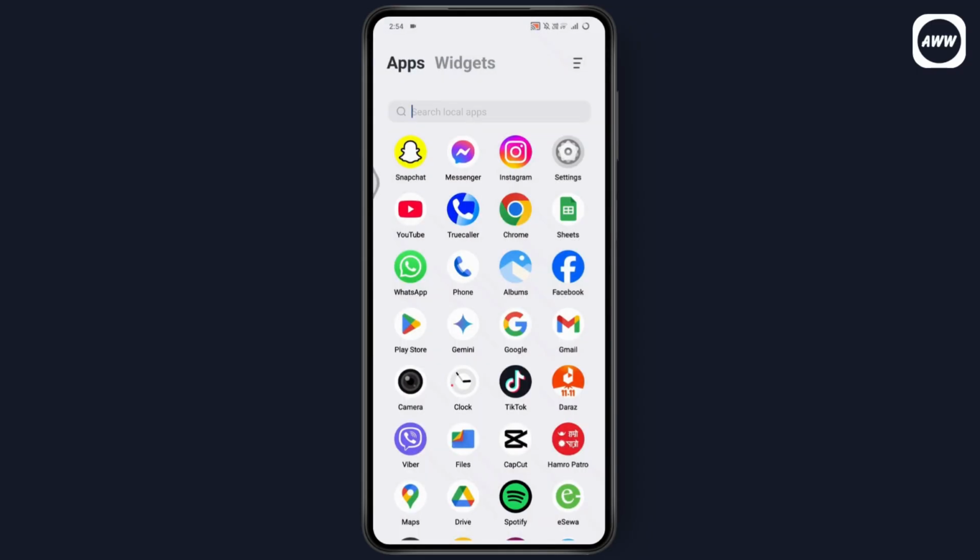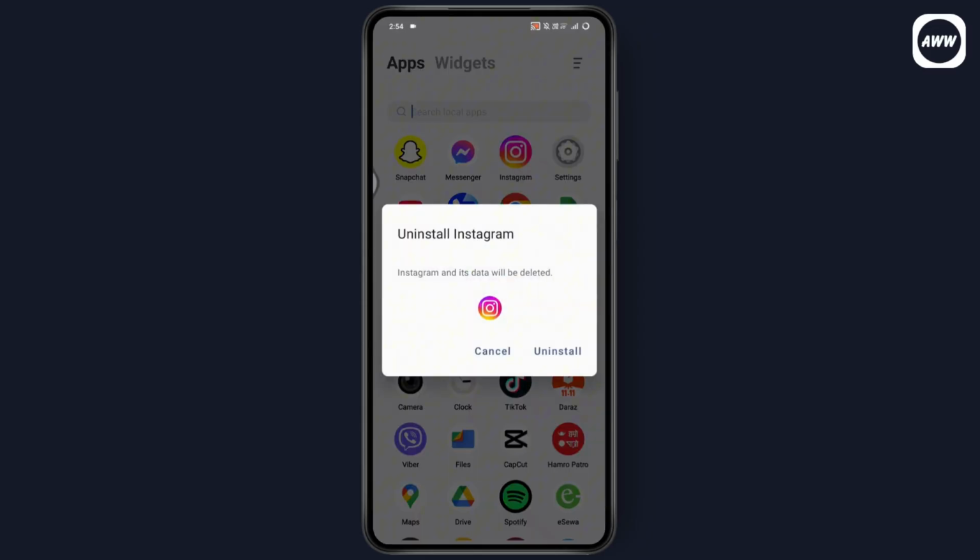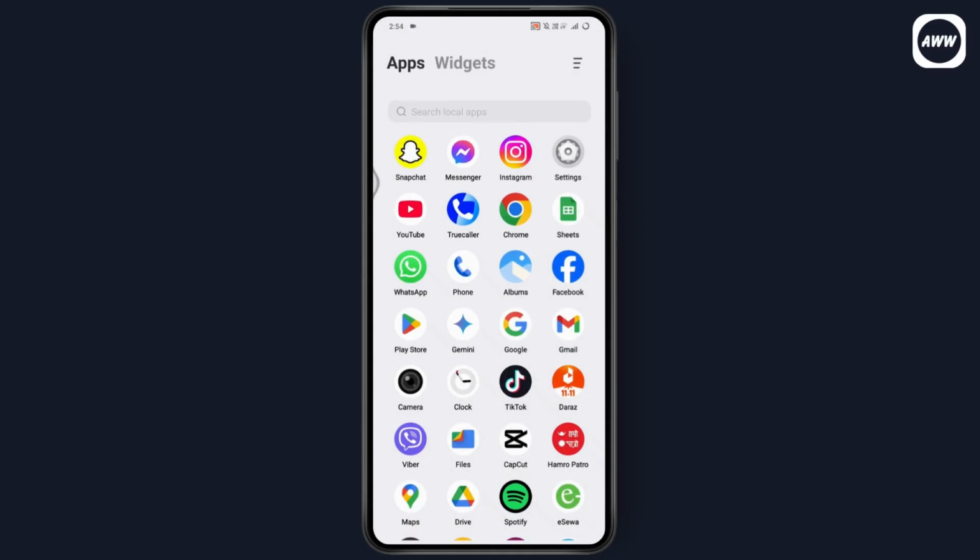But if that doesn't, then just go and uninstall the Instagram application. And once you've uninstalled, you need to again go and install it from your App Store or your Play Store and log into your account, and your problem will be fixed. That's how you can fix your Instagram audio